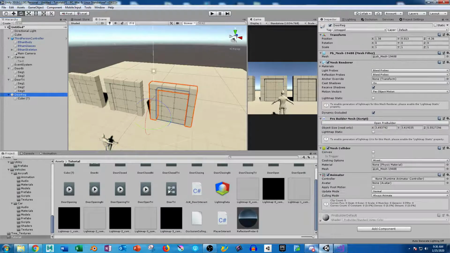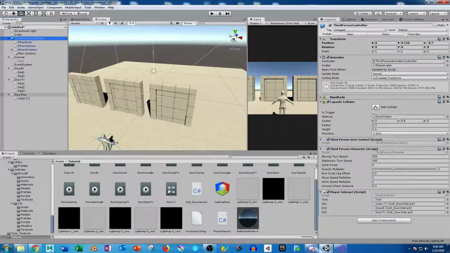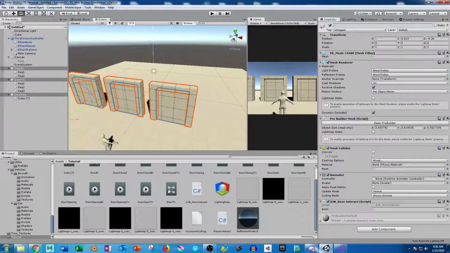Actually, I don't want to do it like that. I actually want to come in here and add the door interact script to this, and then I'll just drag the cube animator on this, and then I can click back on this and add the door regular up here. The reason why I'm doing that is because I don't want these trigger points to move, and that's actually the easiest